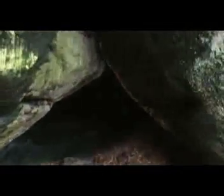Here I wanted to show you one of the caves. There are two caves in the area. This is one of them, and there's actually evidence of human occupation, or at least use of this cave. Stone tools have been found in here, so there's pretty solid evidence that this area was used and occupied in the ancient past. The question is to what extent. I believe